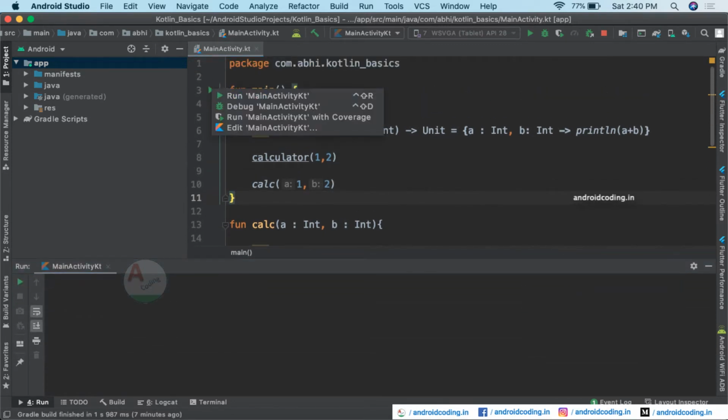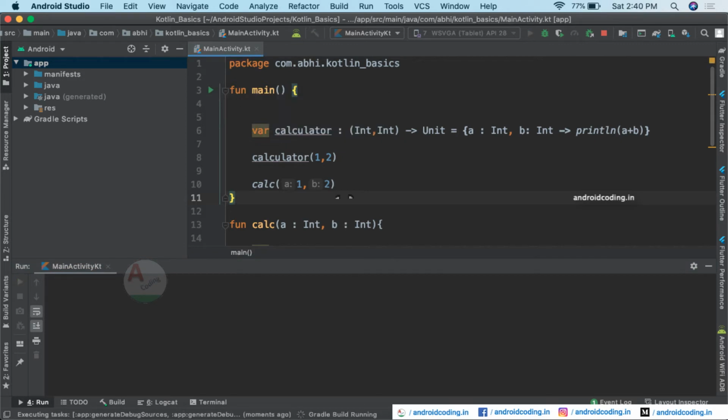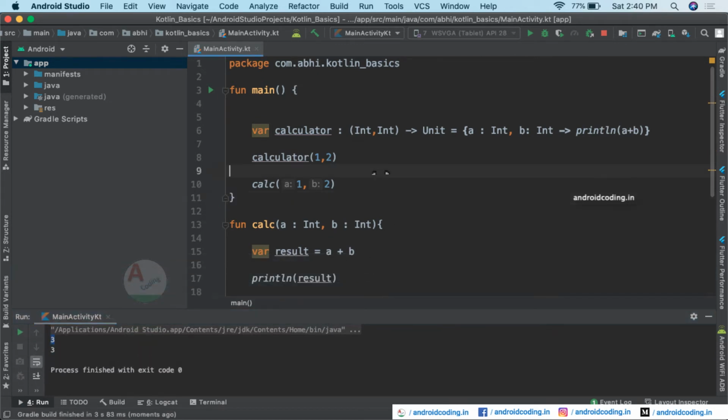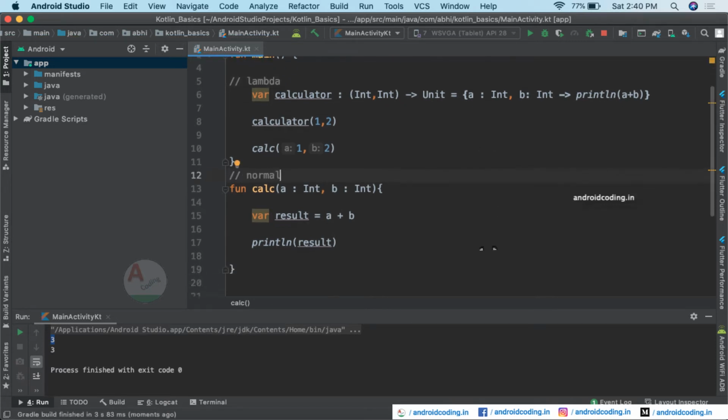Just run this method, and here you can see 3 and 3. So we got the same output from both functions: one declared with a lambda expression based function, and the other our normal way of declaring a function.